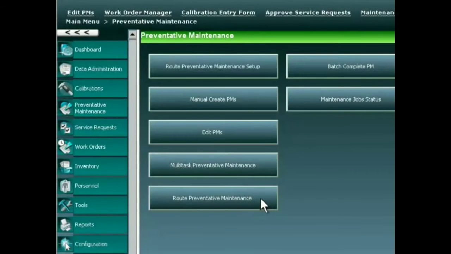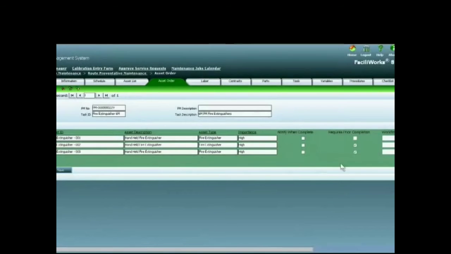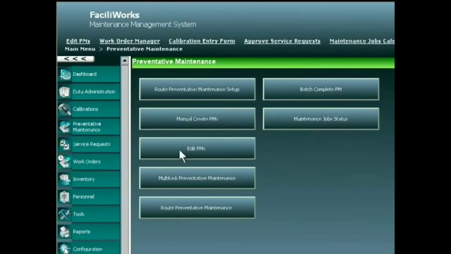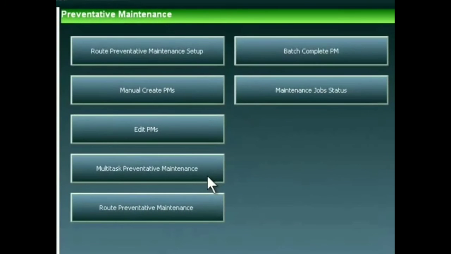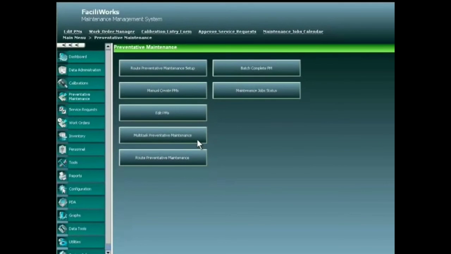When you need a single PM order for several assets, use a route PM. The order of asset completion can be specified, guiding your technician in a route around your facility. If your scheduled maintenance involves several different jobs for your asset, as on a project, multiple task PMs are for you. Whatever your needs, FaciliWorks has the solution to maximize